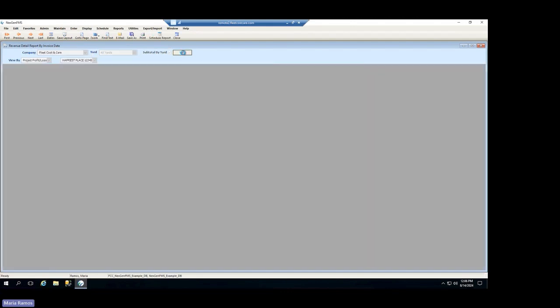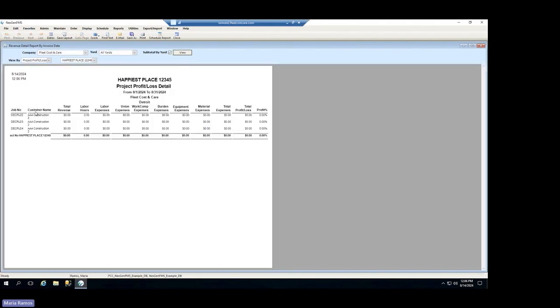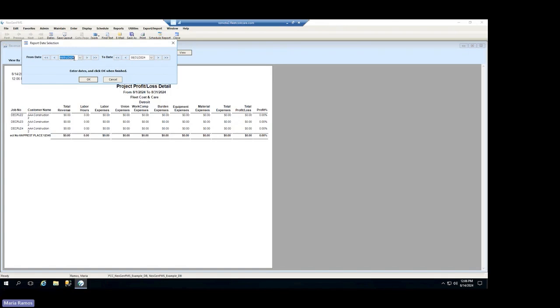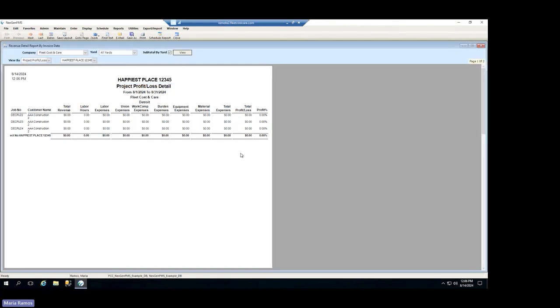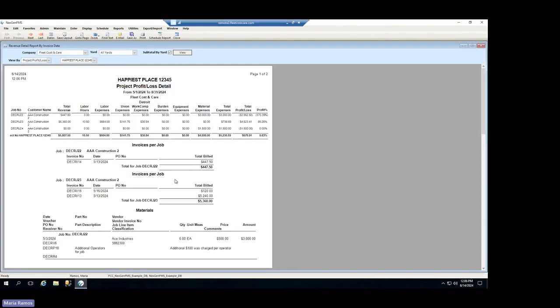Okay. Now when I click on view, I'll see the total revenue detail by project. So this will tell me all of the information based on the date range, and we will open that up a little bit more. It's for these particular projects. We had it stretched out a little bit more, and you'll see that detail on here. So you'll be able to see the breakout by job and then the cumulative for that particular project. So for this revenue detail report, you're also able to get that detail underneath of how these numbers were